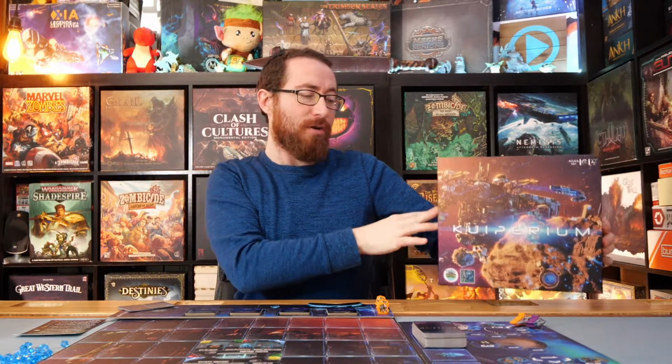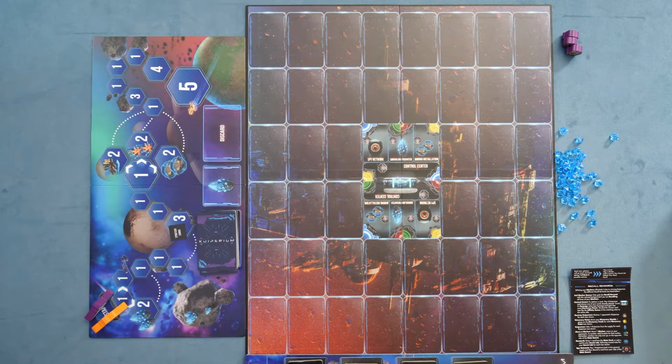Kuiperium is a two-player worker placement game. You heard me right, that's two-player, that's not 1 to 4, that's not 2 to 4, that's not 1 to 2, that's a two-player game of worker placement, of trying to build out your tableau in space as you ultimately try to make your way towards the final planet before the other player through the acquisition of various discovery points